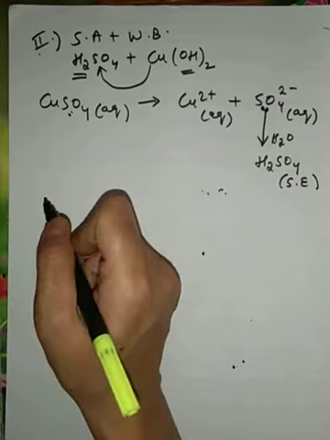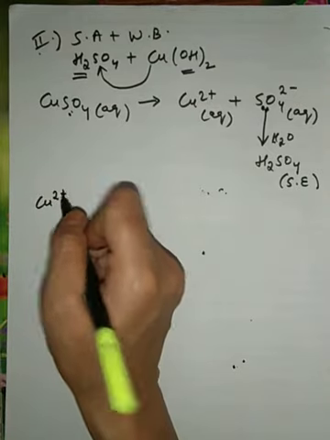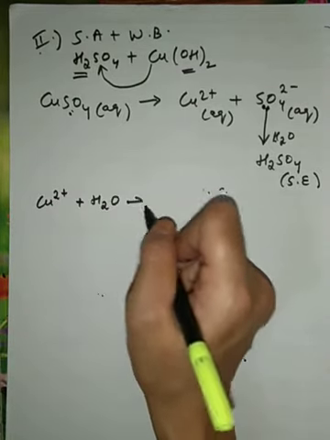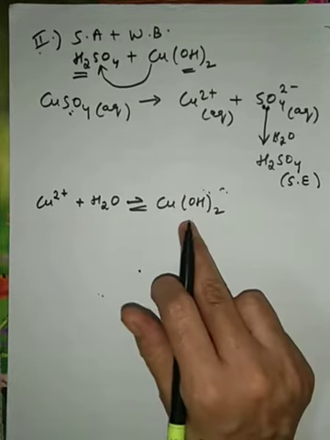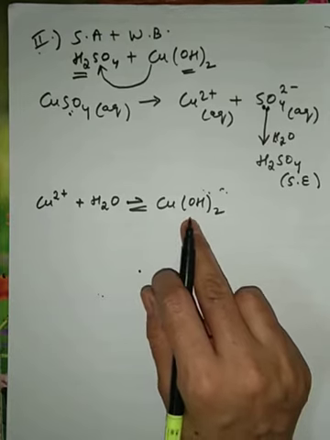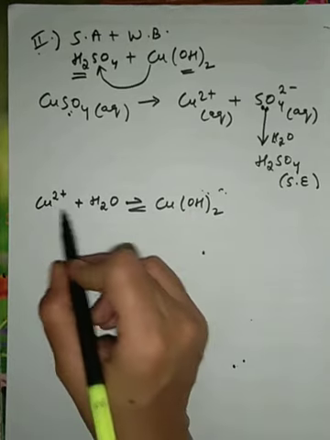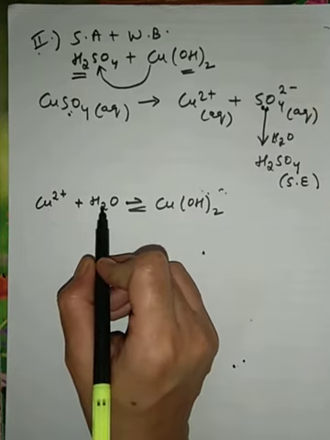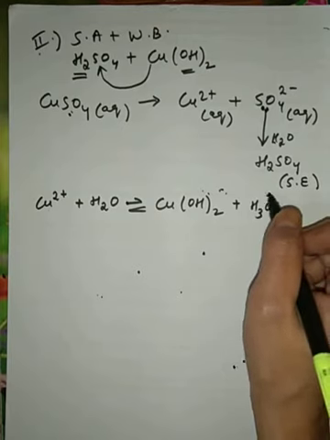So the only reaction that is possible when copper sulfate hydrolysis takes place is that the copper ion will react with a water molecule and give you Cu(OH)2. This product is possible because it is a weak base, so a weak electrolyte. Now this copper ion has combined with OH minus from water, so what is left here is H plus, many a time written as H3O plus also.